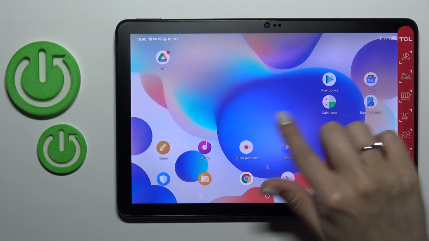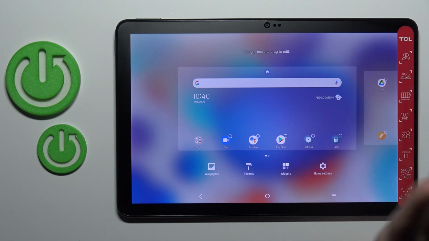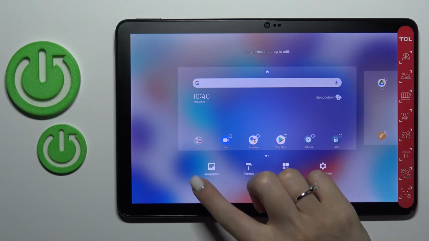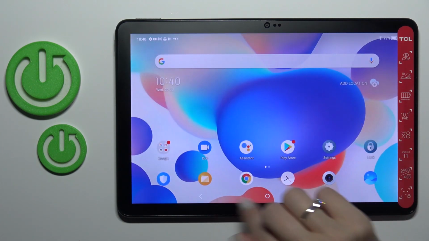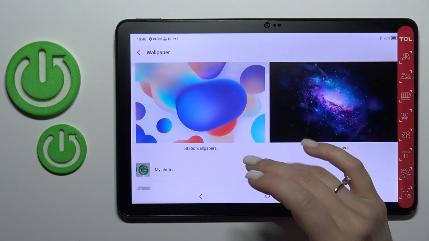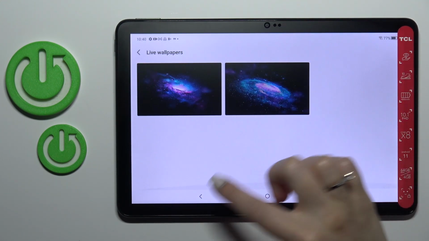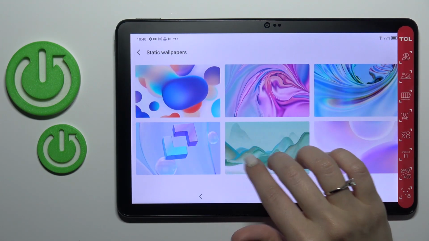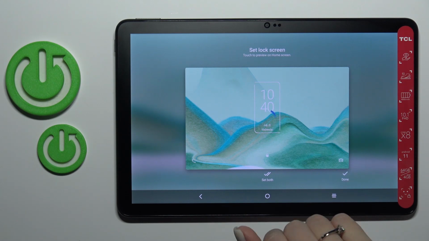Also we have the second way how we can do that. Just first we should hold for a while our home screen, and after that on the left down corner tap here to the wallpaper section. You will launch directly wallpapers here, and by the same way select one from these wallpapers. You can use live if you want. For example I'll go with this one, tap here, click to done,